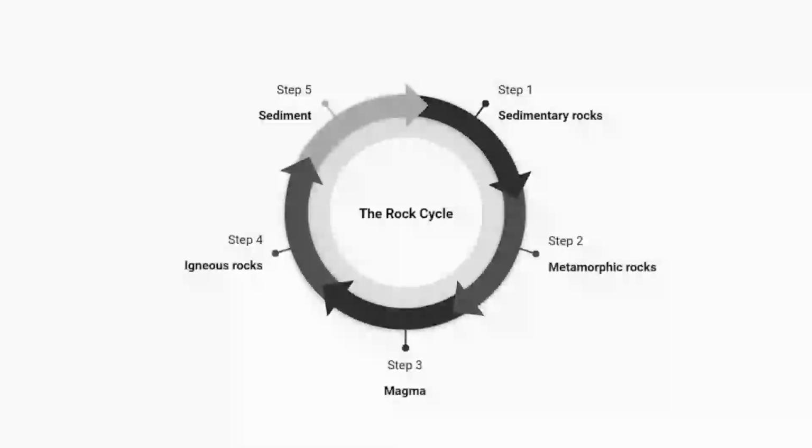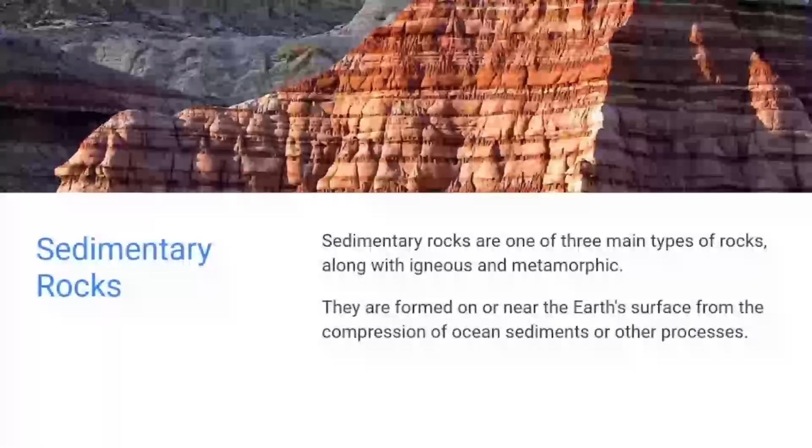So, children, do you know what a rock cycle is? The rock cycle is the sequential step, or you can say the cycle, which tells us about the formation of the rocks. So, the first type is the sedimentary. Sedimentary rocks form when mud and sand are deposited in layers on the earth's surface. When the sediments of the ocean get compressed, they in turn form solid rocks.